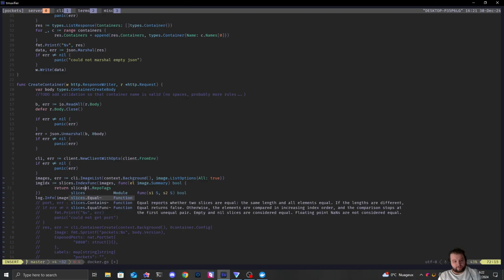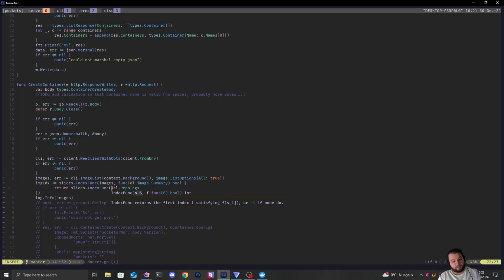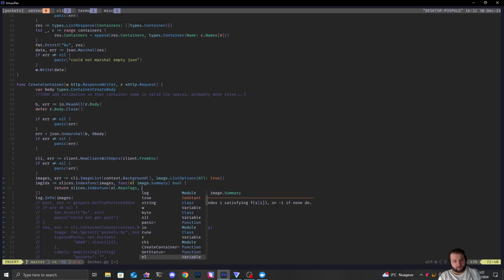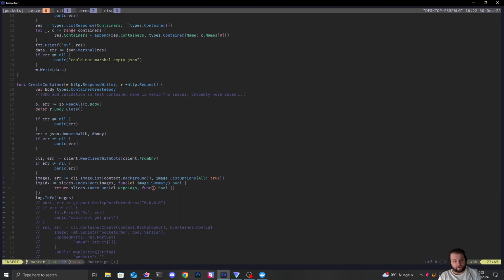So let's do slices.IndexFunc because we want to search inside the repo tags, right? So we'll do a function, t string, and if slices is not -1, which means that we didn't find anything inside the tags. And here we can return t equals